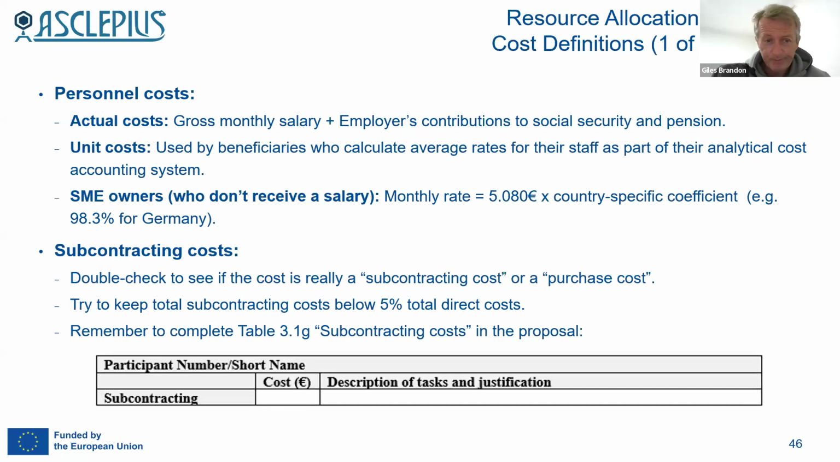Subcontracting costs. The first thing I would say here is you need to double check to see if a cost in your budget is really a subcontracting cost or simply a regular purchase cost. An example of that is